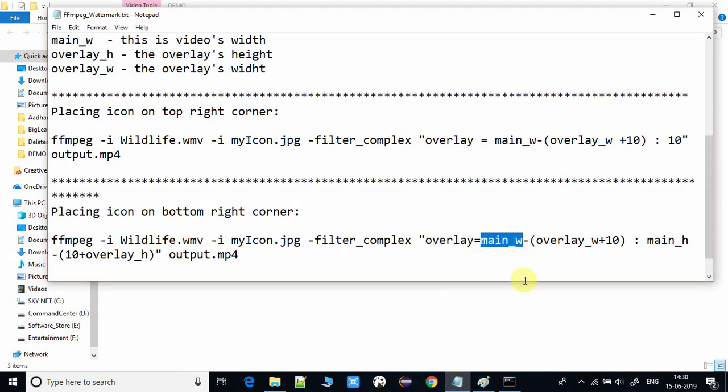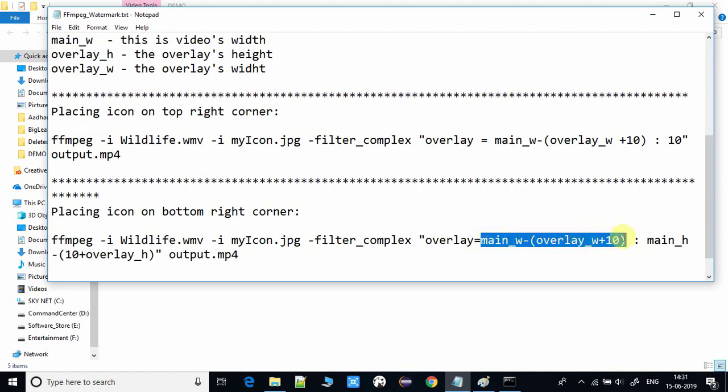So I am using the width main underscore W minus, that means we are subtracting. Okay, that means we are calculating the X position. Okay, so here we are using overlay underscore W plus 10, as I have described. This is the width of the icon image, plus we are adding 10 more pixel.